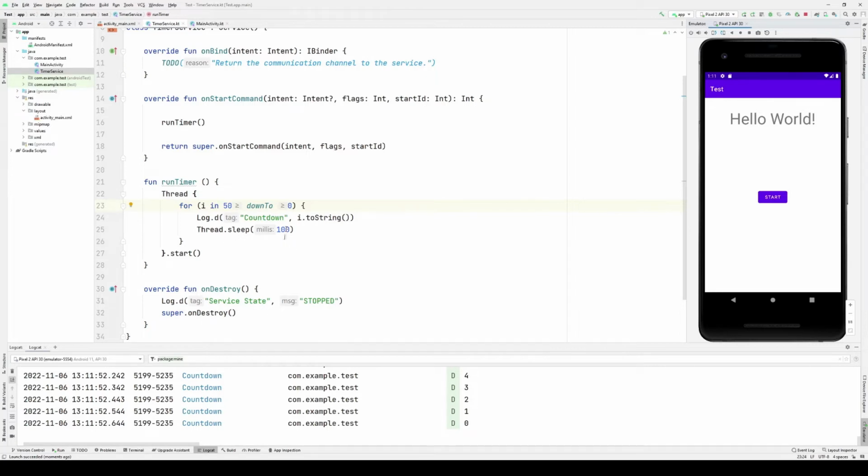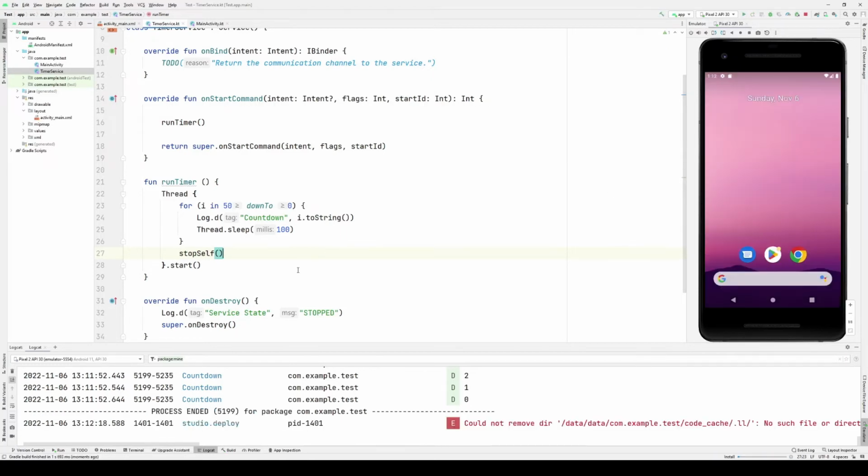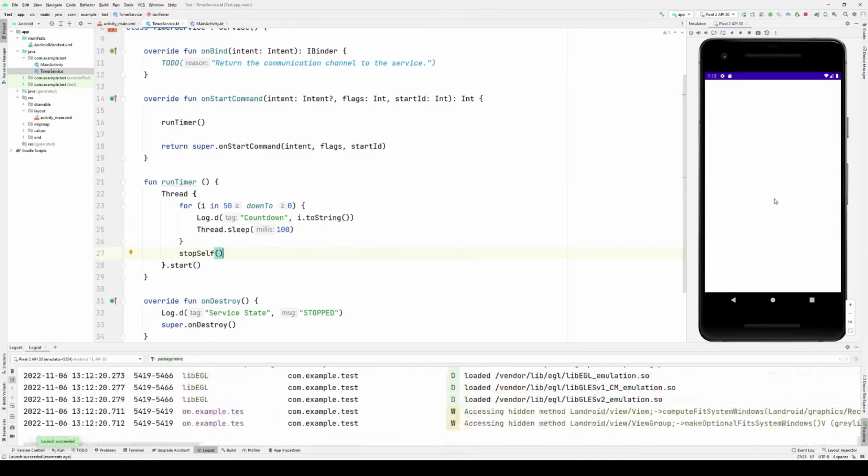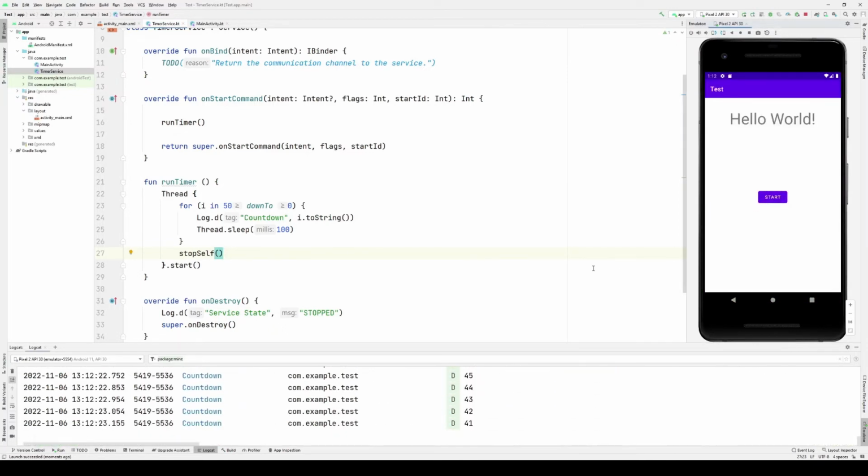So, of course, in order to achieve that, I need to make sure that I call stopSelf, in theory, stopSelf without an ID. This is the same as a call to stopService from an external component. So this will stop the service immediately. And that may be what we want in a simple scenario like this. So I'll call start, and here we see that once we get to the end, the service is stopped.